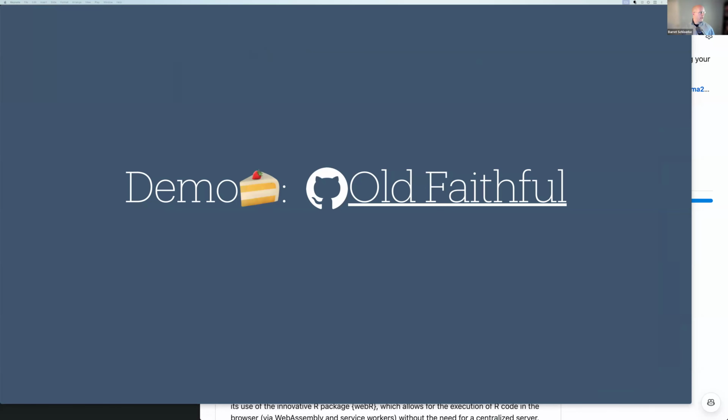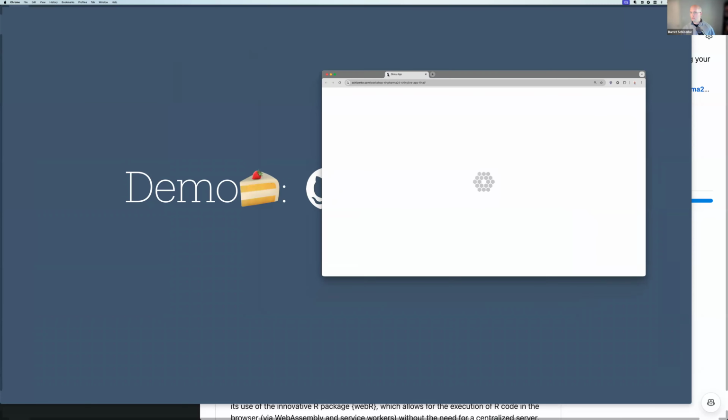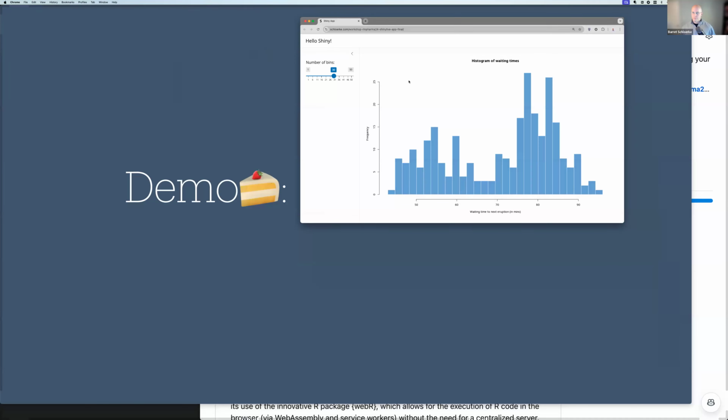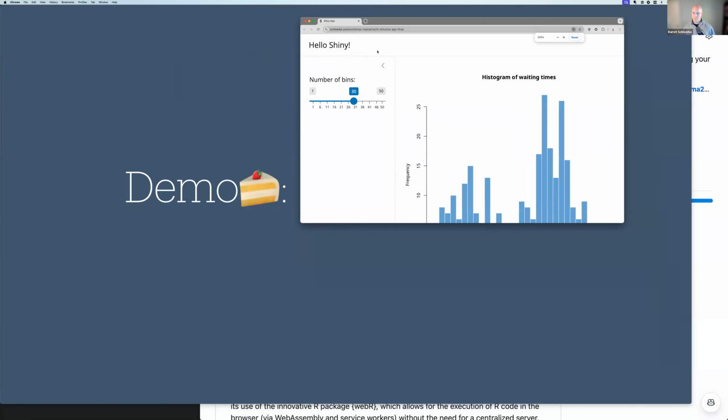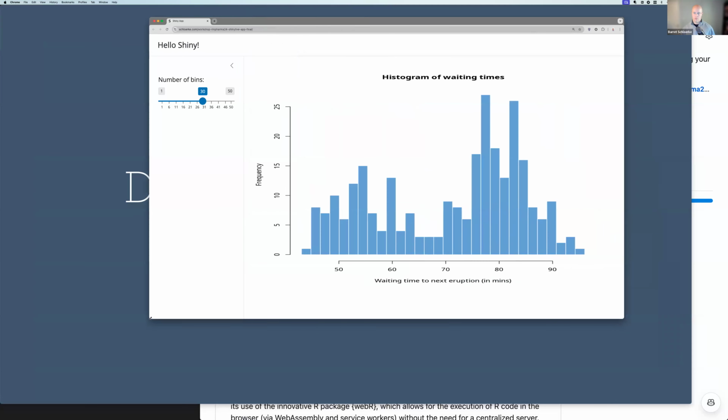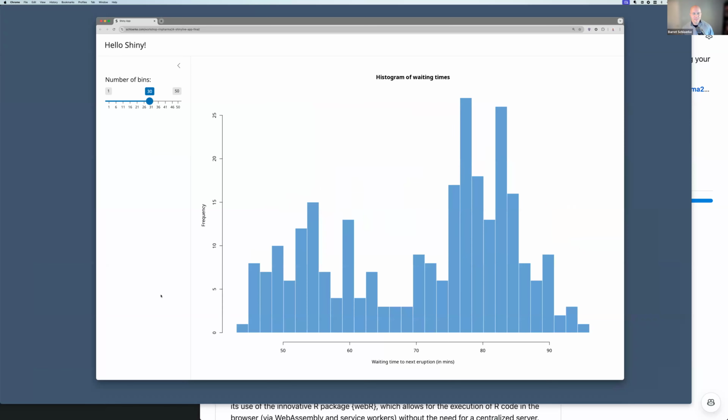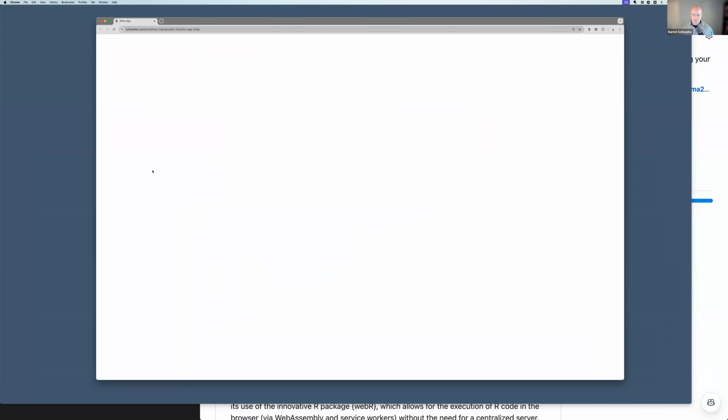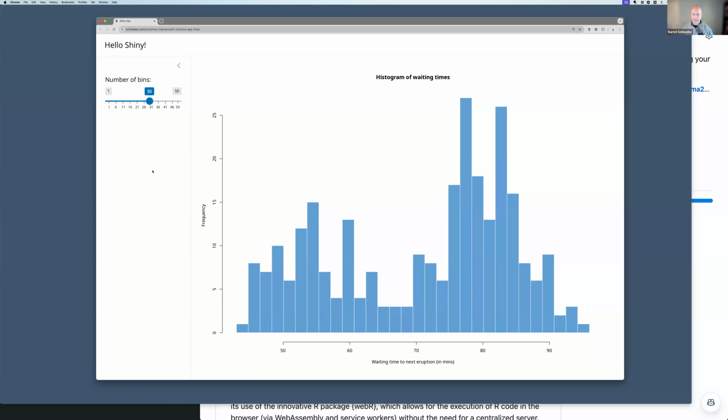So let's look at that cake. I clicked on the link, and I promise you, on my personal website, I do not have a server. I am open source. I don't like to pay for things. So when I go to it and I refresh it, things are cached and the app is fully loaded, and R is already in the browser, and the UI obviously is here as well.